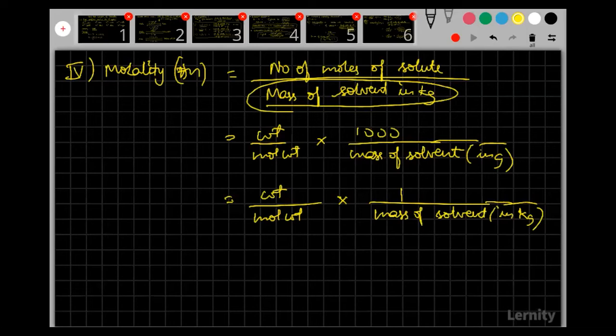Always remember, for the ones who asked which one is temperature dependent: temperature dependence is something we have in terms of the volume of the solution. That is a factor we can see in molarity. So molarity is temperature dependent, but not molality or mole fractions. These are not temperature dependent. Rather, it is molarity that is temperature dependent. Now coming to the next one, that is normality.